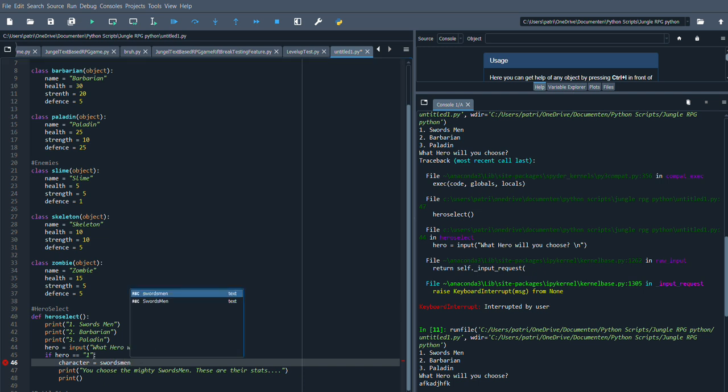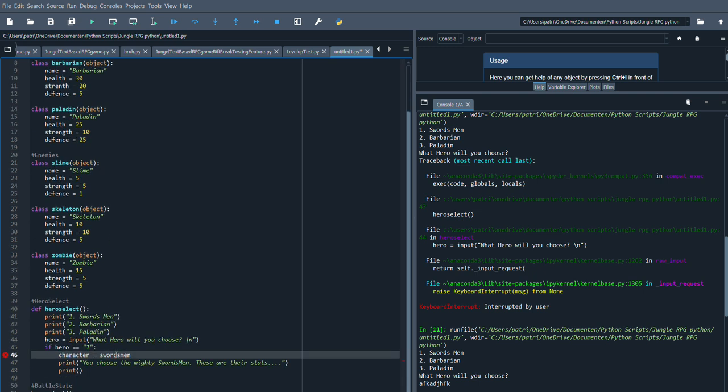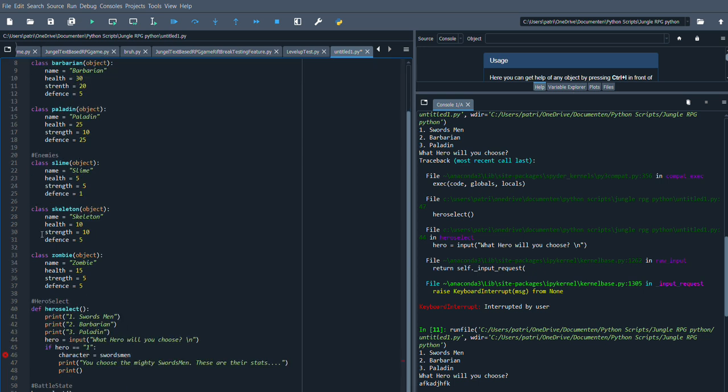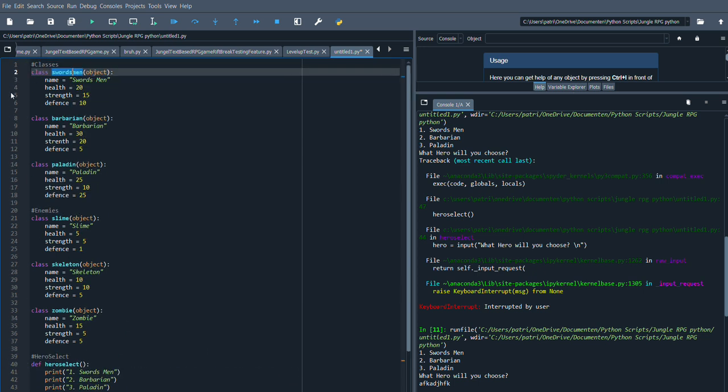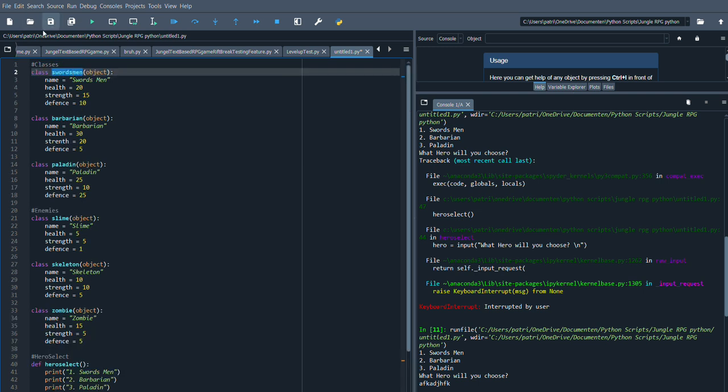And be very careful typing it exactly how you've made it in the class, because if you make even one small spelling mistake, it will give an error. So character equals the swordsman, and we have to type it exactly as we gave it. Swordsman here is the same as the class we made here, swordsman. That needs to be correct, because if not, it's not going to recall to this, it's going to recall to nothing,